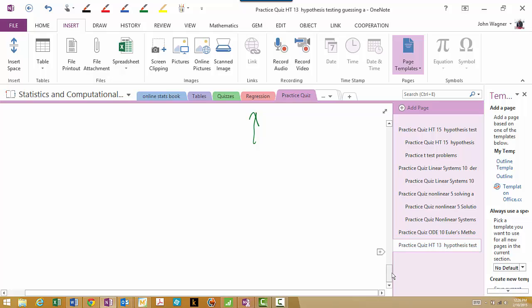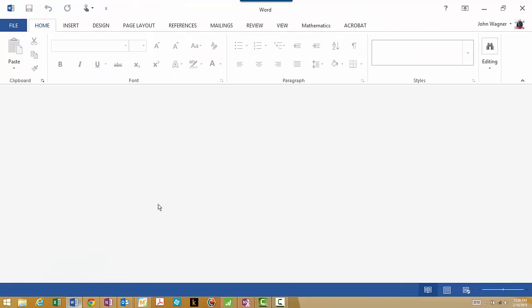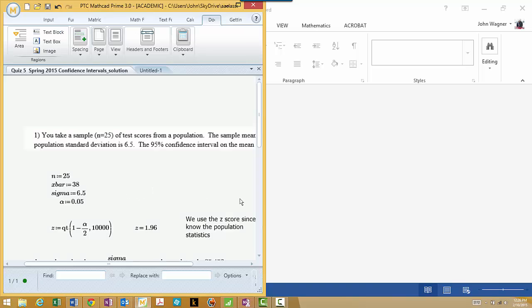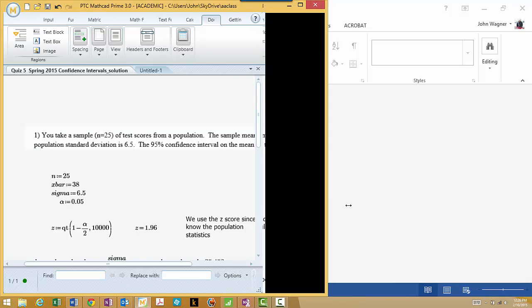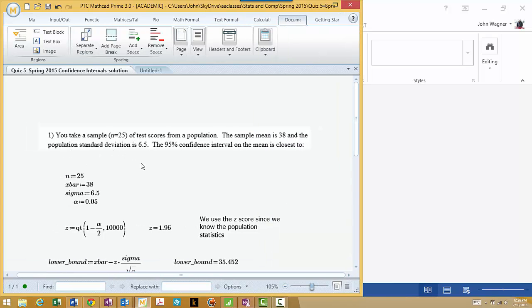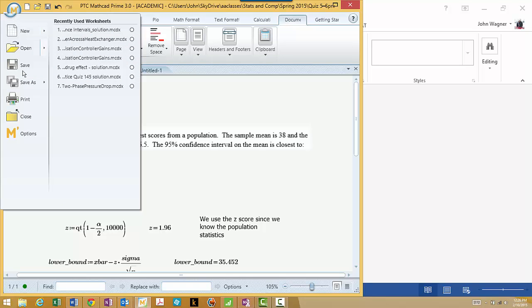The other method is pushing the information from the different sources into OneNote. And this comes in handy. Let's say we're going to use, here's a MathCAD document, and if I just get to the print command